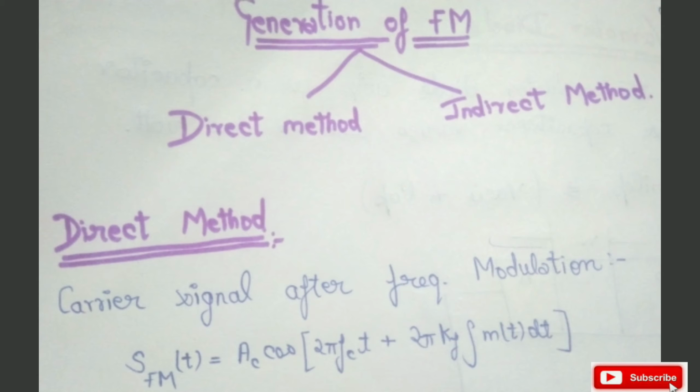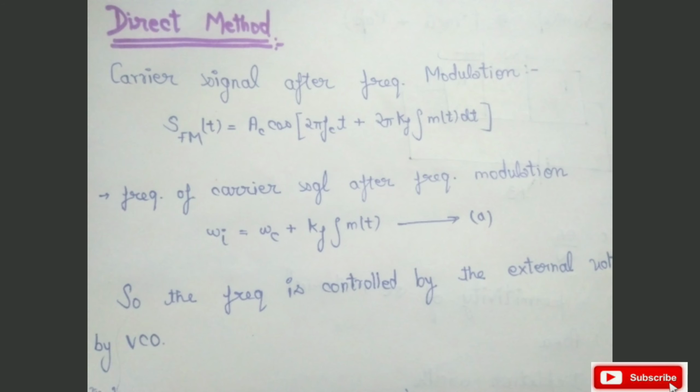Generation of FM. There are two methods for the generation of FM signal. One is the direct method and the second one is the indirect method. As we discussed earlier, the carrier signal after the frequency modulation is given by Ac cos(2πfct + 2